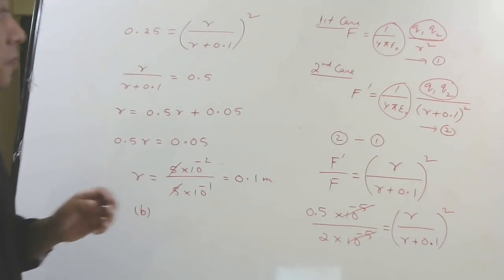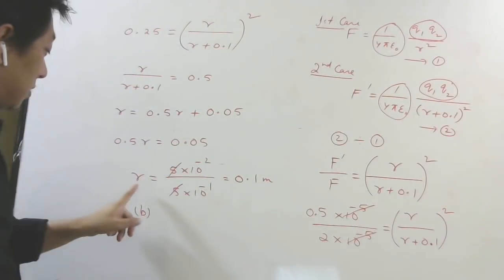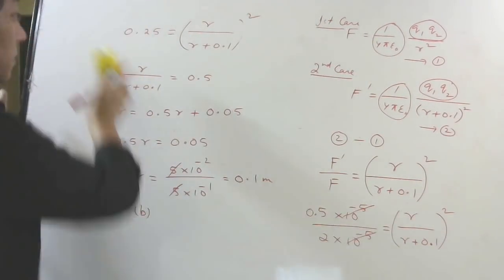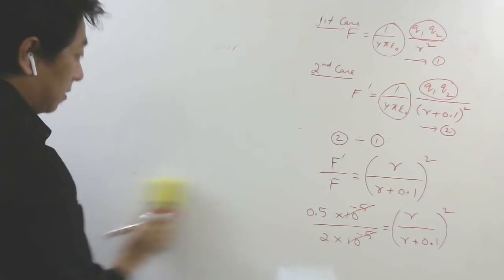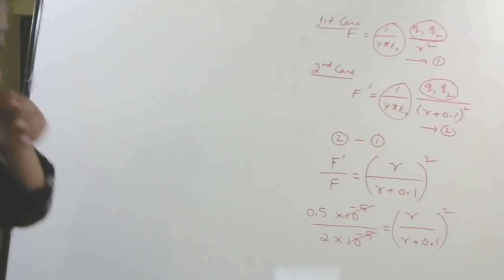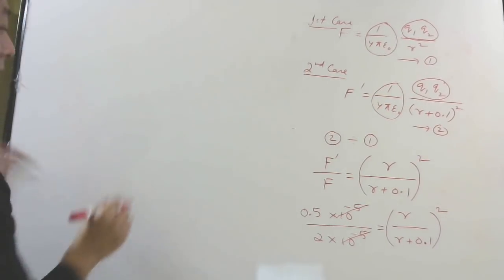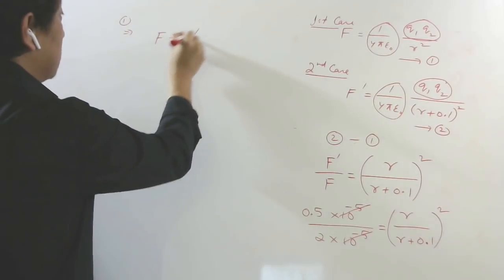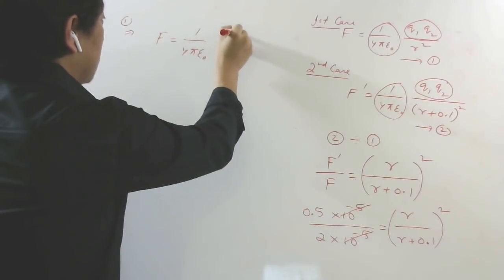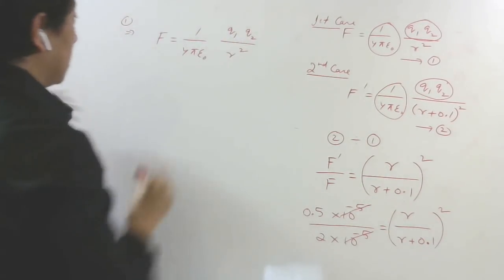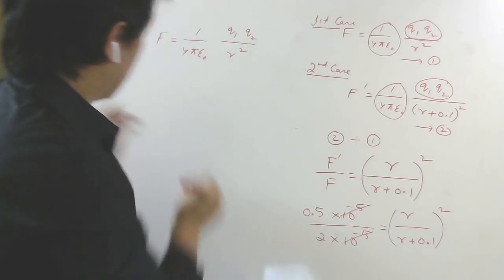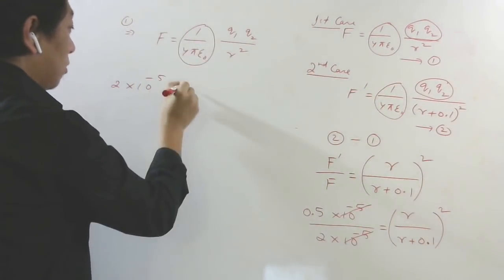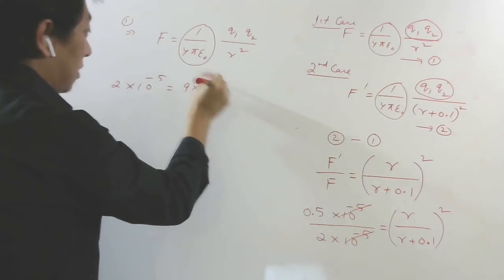Now the first part was to find the charges Q1 and Q2. So since R we know now, let us put this R in this equation. Okay, you can make a note, pause the video and make notes. So now let us substitute that R here. Equation 1 we know is F equals 1 by 4 pi epsilon naught Q1 Q2 by R square. And what was F? This, right? 2 into 10 to the power minus 5. This constant is how much value in vacuum? 9 into 10 power 9.